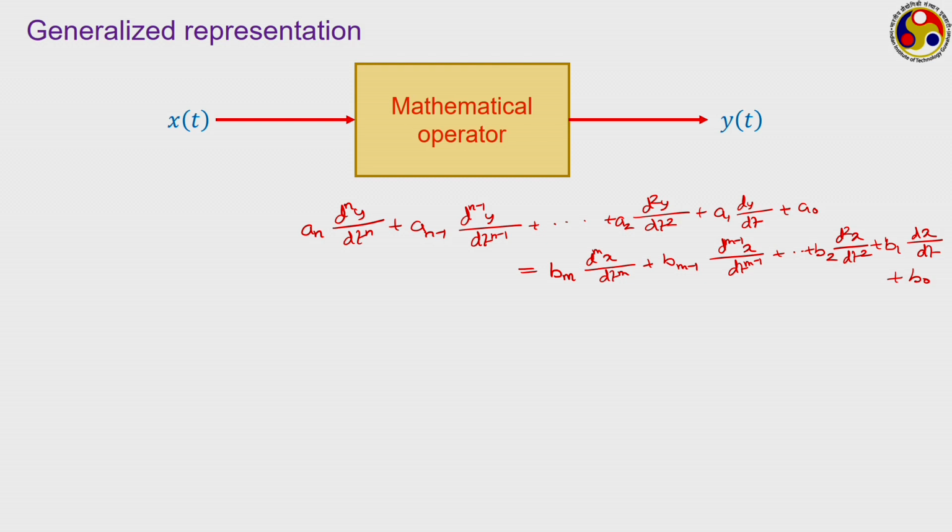Here n and m both are integers, they can be same, they can be different also depending upon the nature